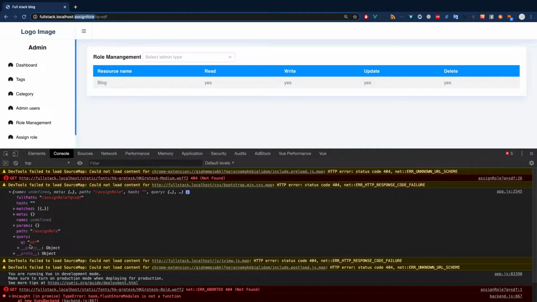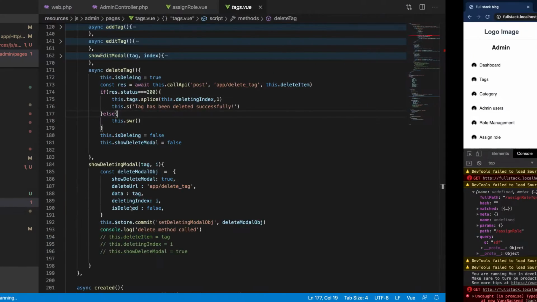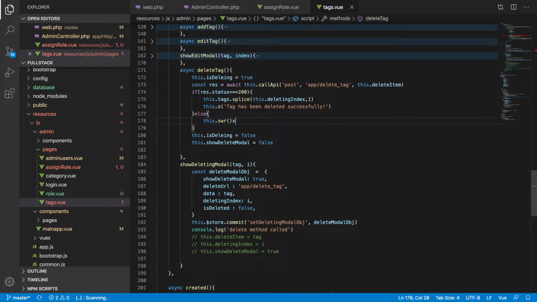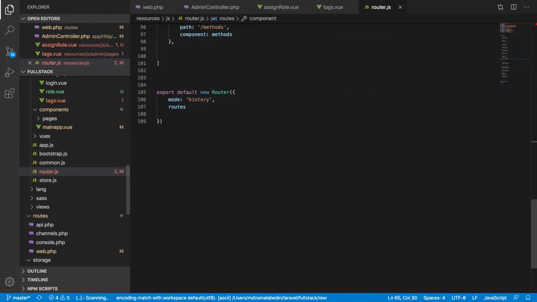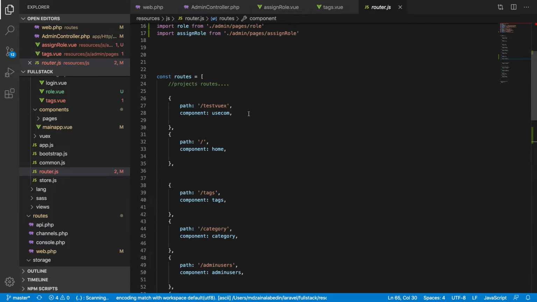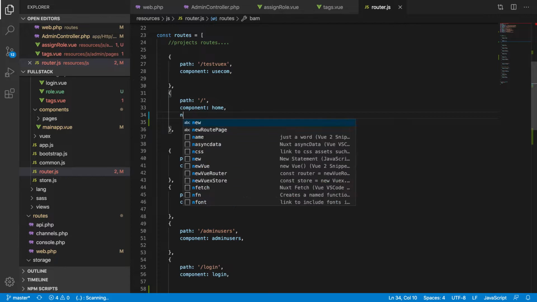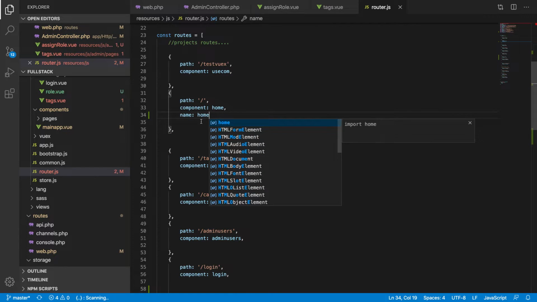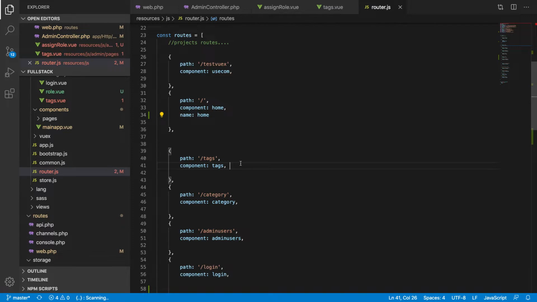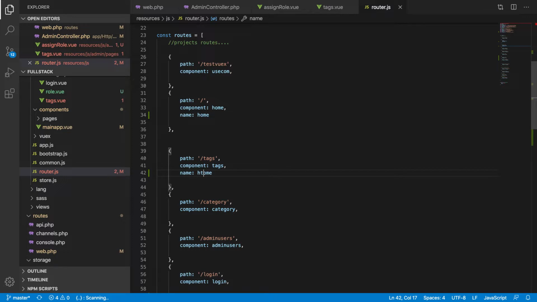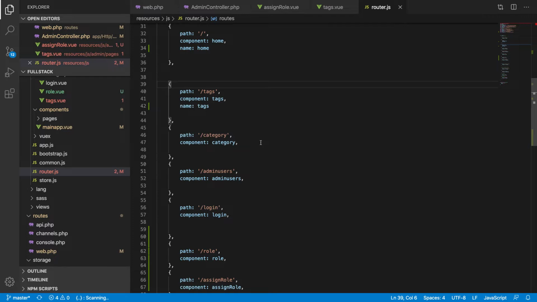But before I do, let's add some naming. I don't know, but this might be useful in later videos. So it's better to have a name with your router. Okay, so we don't need this one. We can have a name home, and we can name it as text, same as the path name,